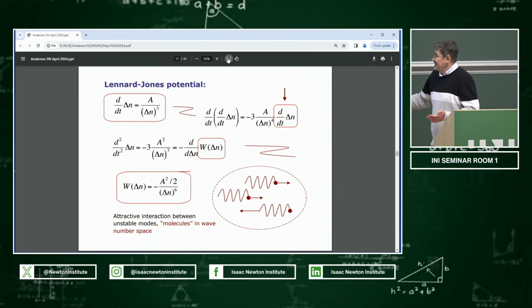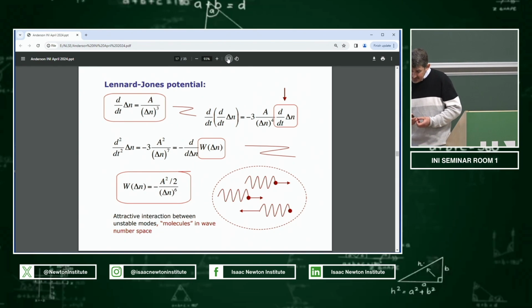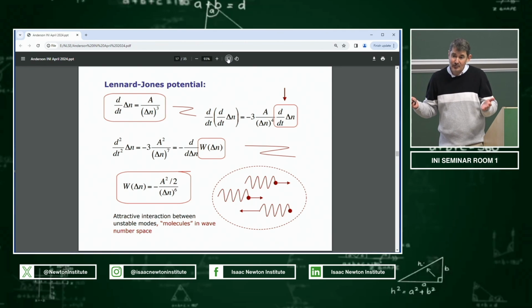So you have attractive interaction between modes. So that is why you don't get your diffusion. You would have a diffusion process if there were no attractive interaction among modes, but you have attractive interaction among modes. Then which is the way to understand why there is this attractive interaction? There are two ways to say it. One, your spreading problem actually leads you to non-ergodic behavior, because spreading is something inhomogeneous, and for sure you